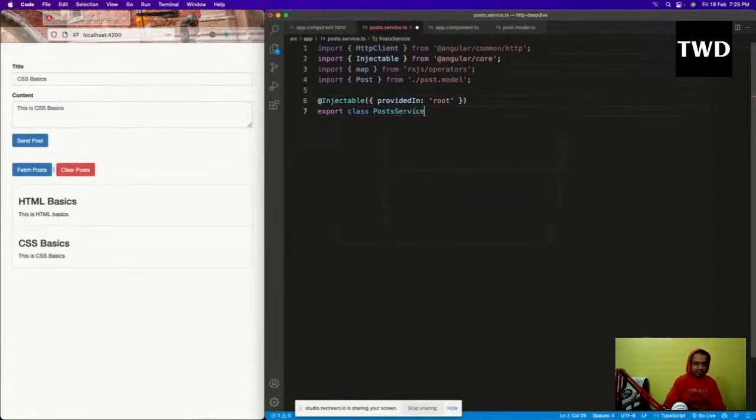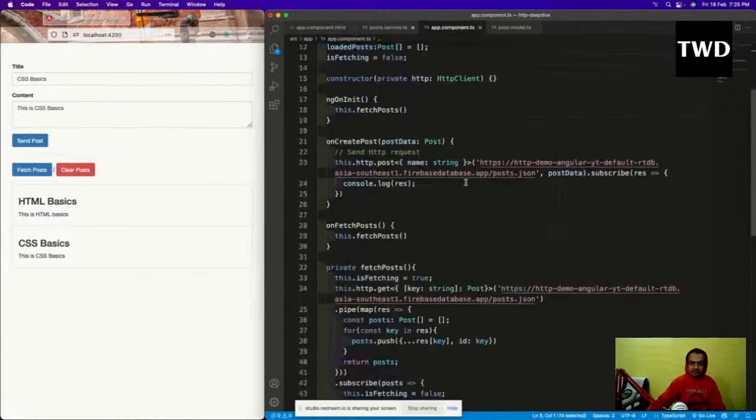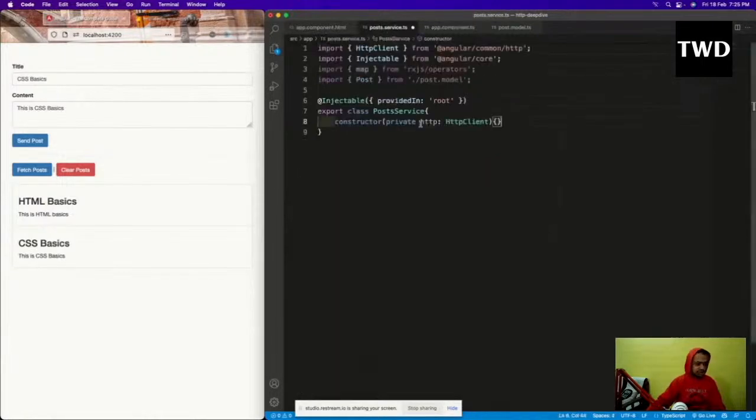Okay, post class and this, and the constructor is like private http client. Yeah, good evening, we have my private http client. Okay, then after this we will have this create. We'll have all this logic, we'll get it from there, but let us first create the function. So create and